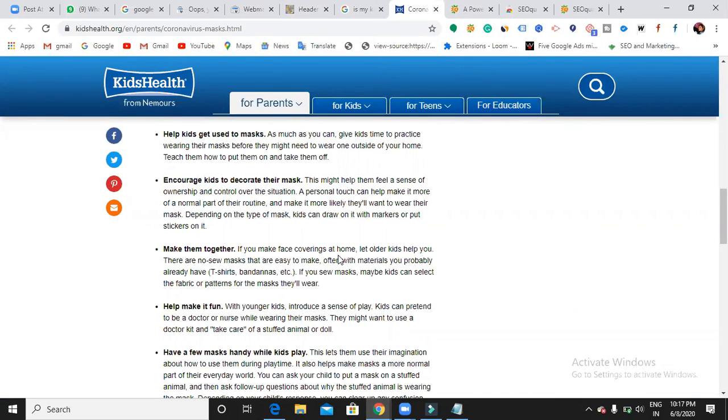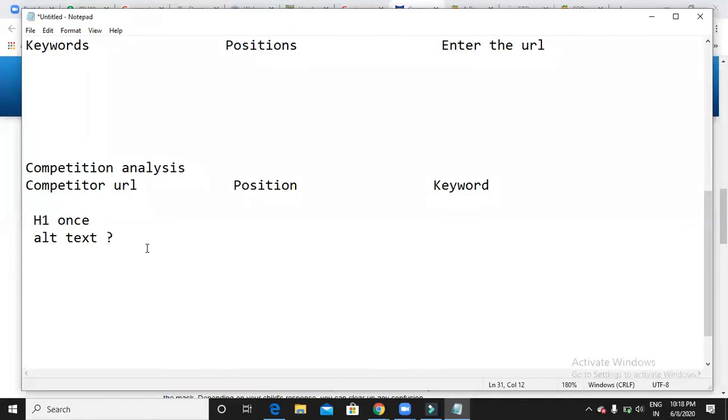I'm just asking you to steal the style and how they are writing, so whether their content is readable or not, whether anyone can read it, is it so hard or is it so easy, what is their meta title. So you try to insert all these things in the Excel sheet. When you do these things, you will understand your website, where it is positioning, where you are lagging, how your competitors are working well, and where you are not working well, and you can just use all of them.